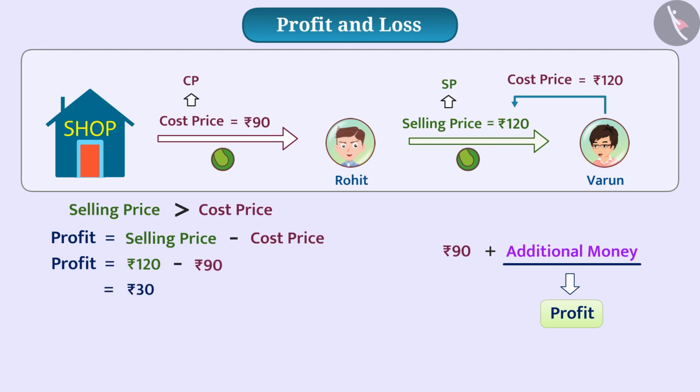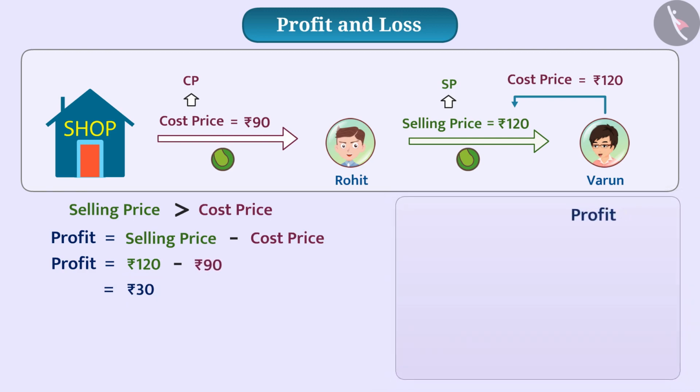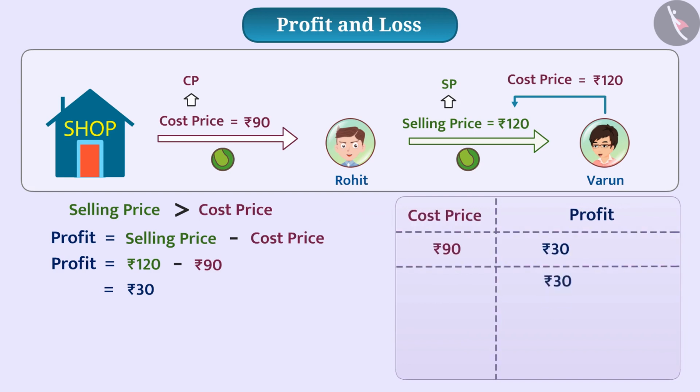It means that Rohit spent 90 rupees on which he got a profit of 30 rupees. That is, there will be a profit of 30 rupees divided by 90 on the cost price of Rs 1, which is equal to 1 by 3. Similarly, on the cost price of 100 rupees, Rohit will get a profit of 1 by 3 multiplied by 100 rupees, which is equal to Rs